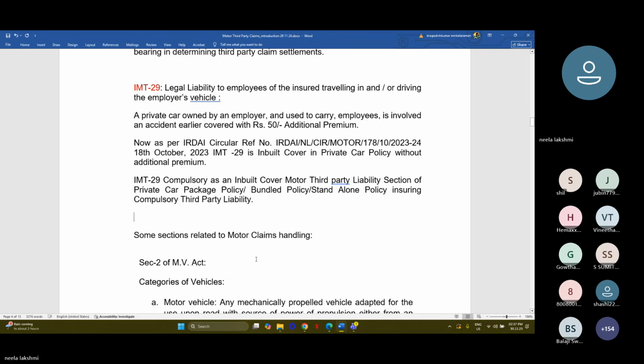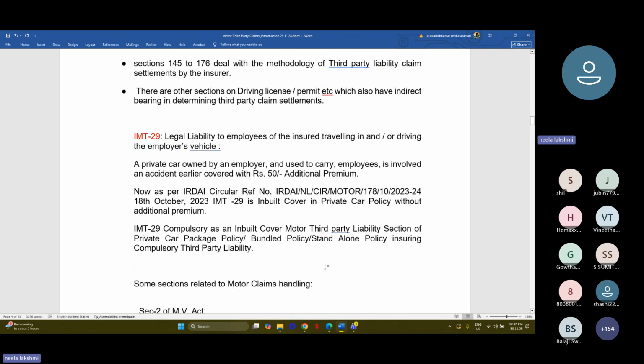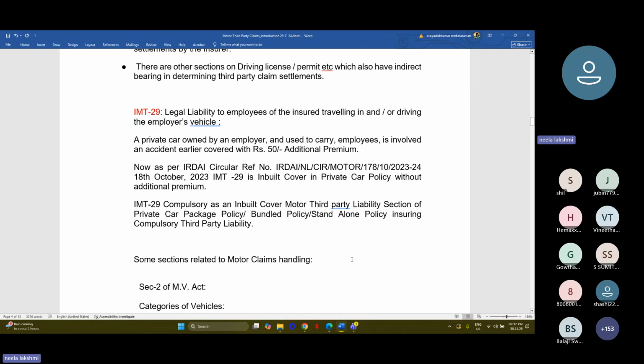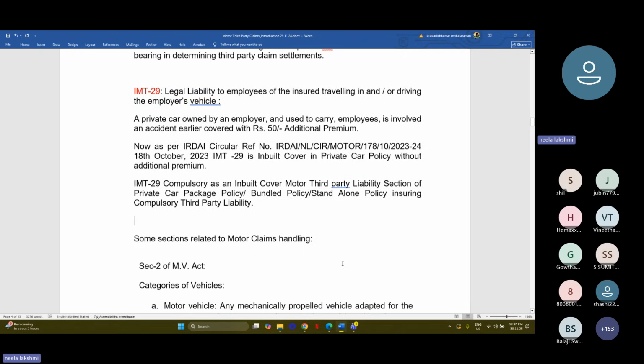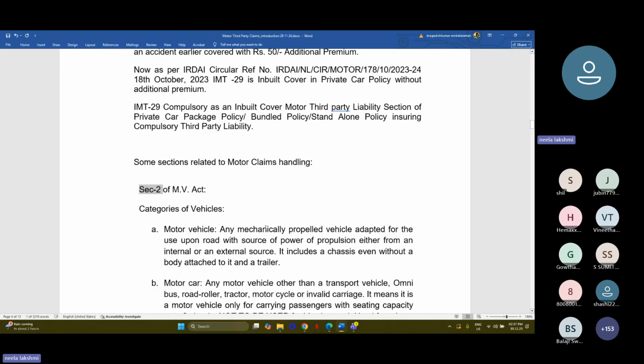Okay, we told now that apart from sections 145 to 176, there are some other sections which have a direct impact in handling our motor claims, third party claims. One of the sections is Section 2. Section 2 of the MV Act,